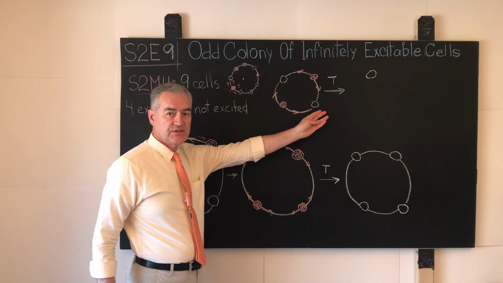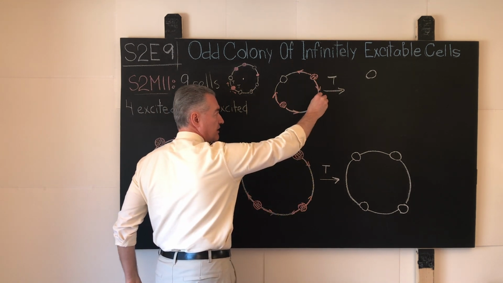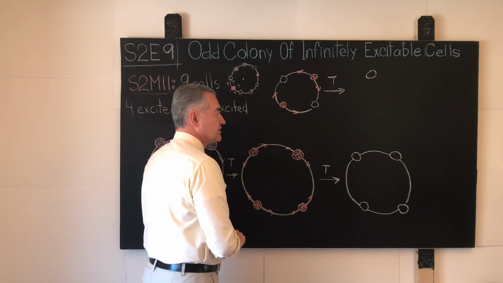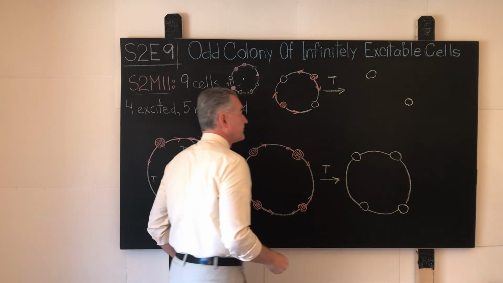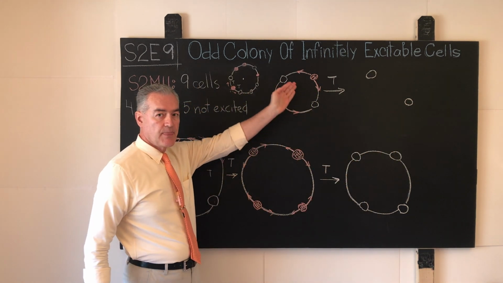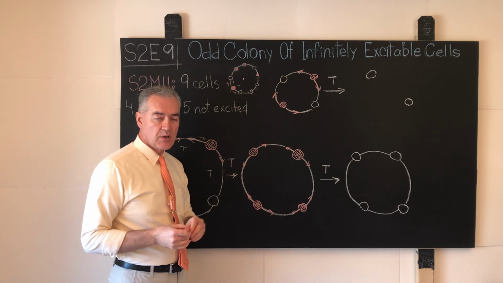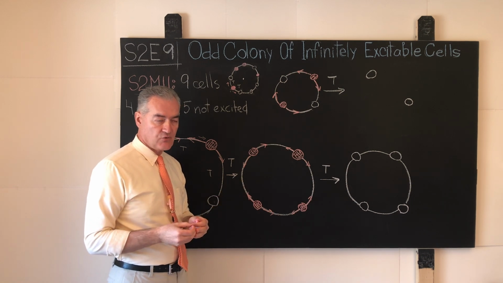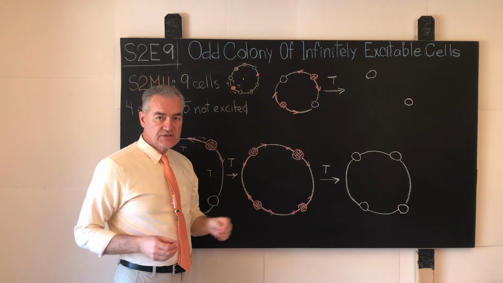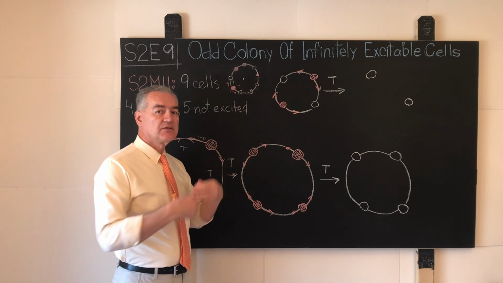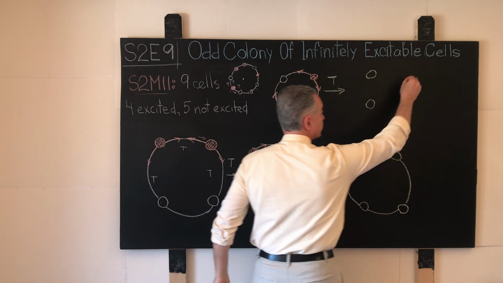Likewise, by symmetry, this cell over here will receive the signals from its immediate right neighbor and immediate left neighbor. These signals will cancel each other out, and this cell will percolate into the next transition not excited. Likewise, because these two cells consume the incoming signals completely and in their entirety and prevent the propagation of the signal over the parent circle any further, this excited cell and this excited cell will not receive any signals whatsoever, and into the next transition they will go also not excited